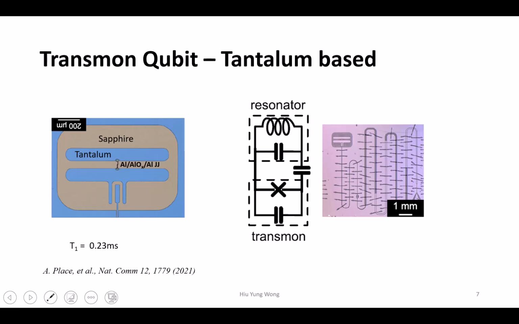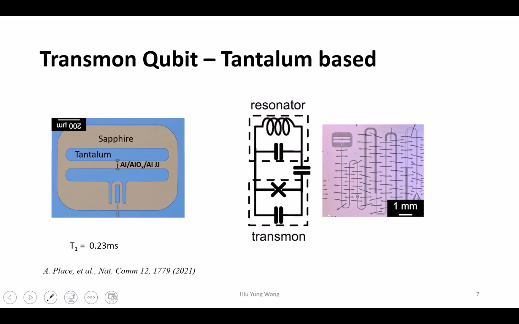Sorry, this is not clear. Sapphire has the same color, so all this gray one is sapphire. When I say this aluminum, this one is talking about this whole structure. Correct. Tantalum, aluminum, and then there is a junction. You see this kink, which is aluminum oxide, and then aluminum again, and then tantalum. Yeah, good question, right? And then this is a modeling of it, Josephson junction, and then a big capacitor, and